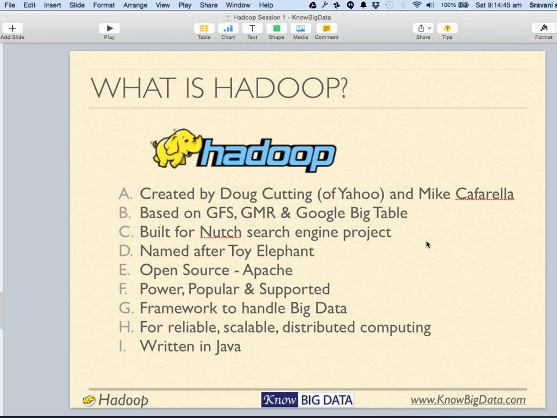All right, now the H point number H, if you look at here, it tells you that any component which is a part of Hadoop has to be reliable, scalable, and for distributed computing. All right, and Hadoop is a framework to handle big data. Now you can see that every component, that is why we will stick to the definition of big data, that every component that lies under the umbrella of big data, they all have to be reliable, scalable, and for distributed computing.